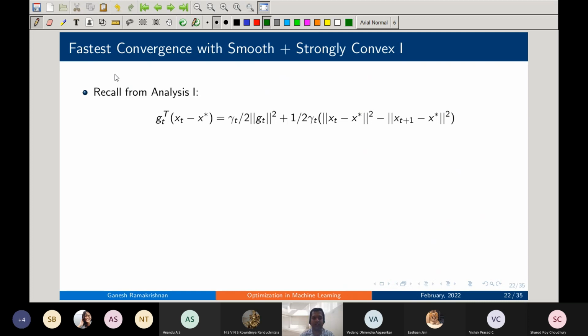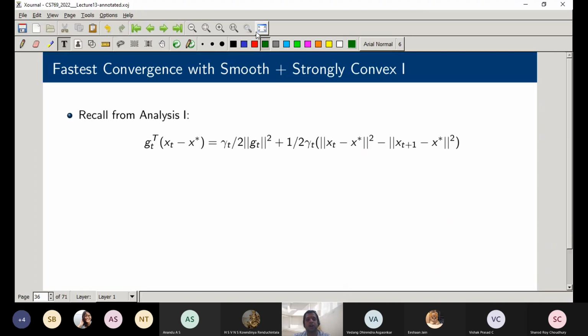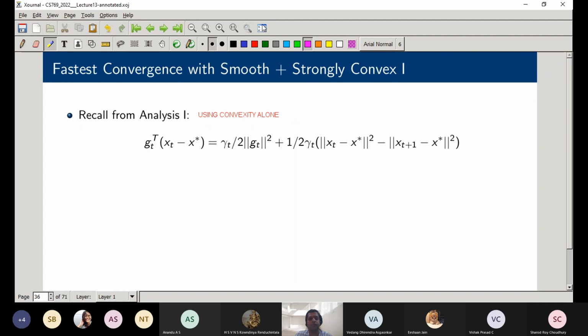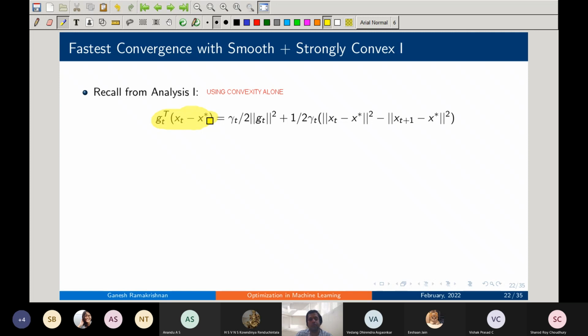What we have done right now is using convexity alone. So just using convexity. Let me make these notes. So what you have done here is using convexity alone, and I'll bring in strong convexity very soon. You see this expression, which we have been always manipulating with respect to sum of squares, right? This expression. So now I'm just going to